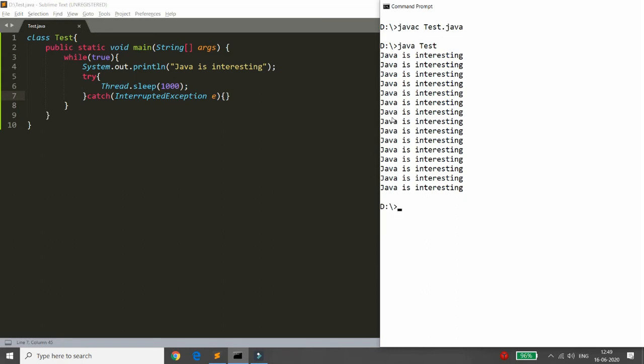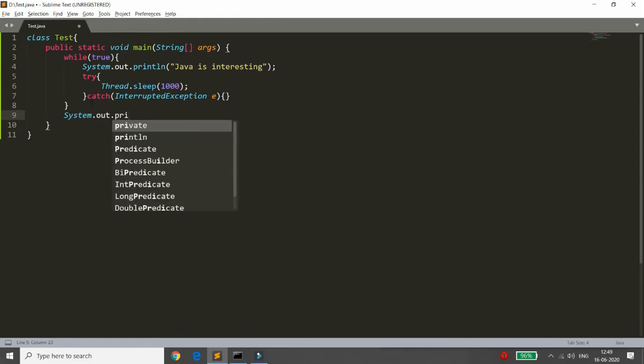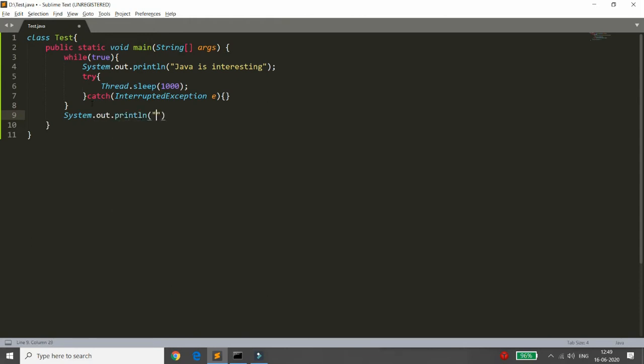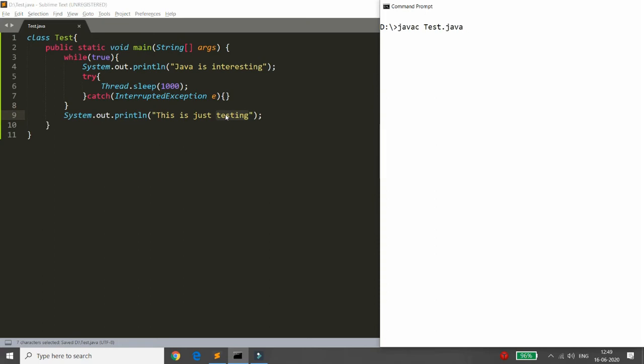So now what happened? Suppose after this while true, I print some message over here like this, System.out.println("This is just testing"). What happens? See, this is my while true loop, and this is my message, that is, this is just testing. This statement will be an unreachable statement.